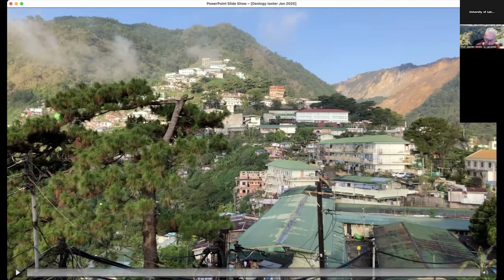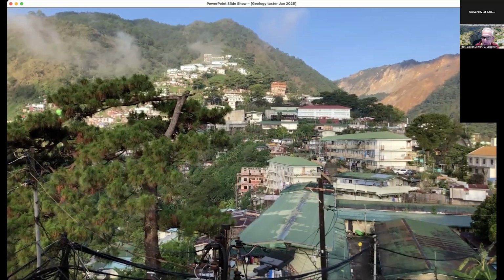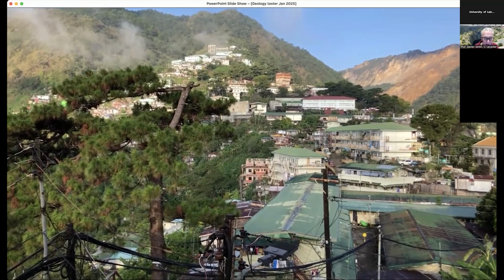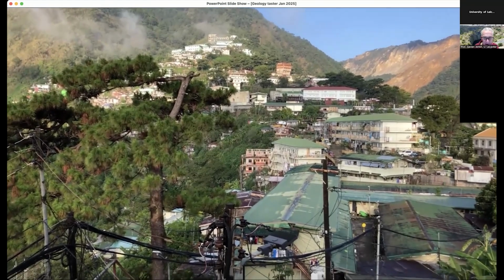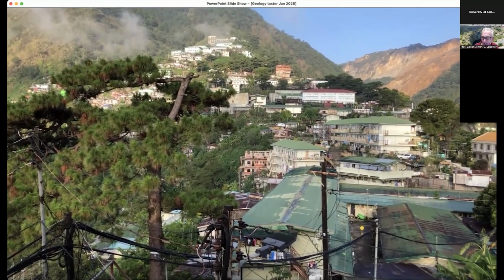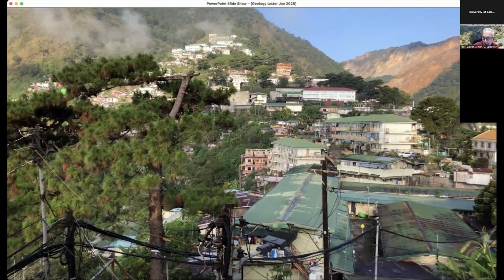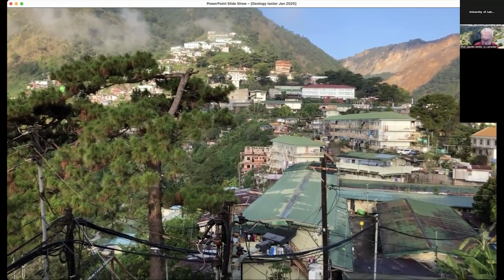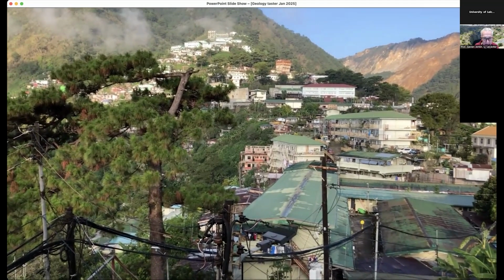And then this is the same place in the morning, with all the dogs howling and barking and waking you up. And on the right there, you can see the open pit from the mine that was creating the mine tailings that we're working on. So these are places that you're never going to get to on holiday,